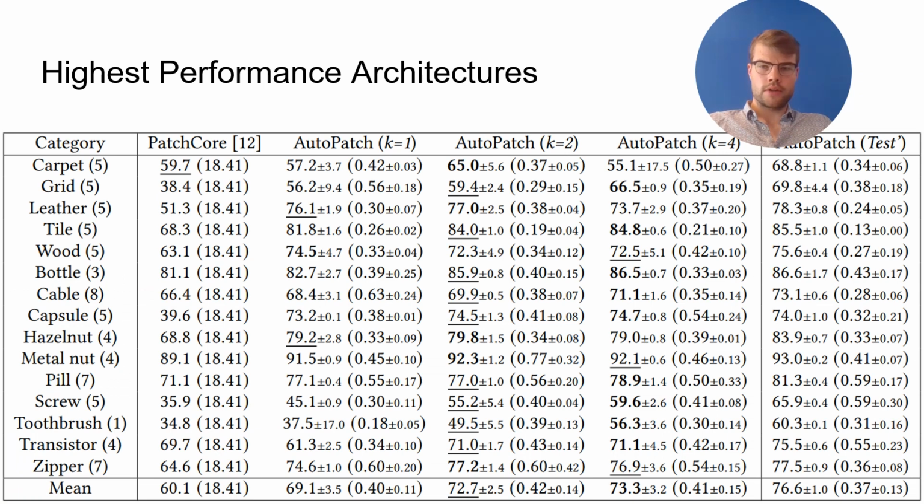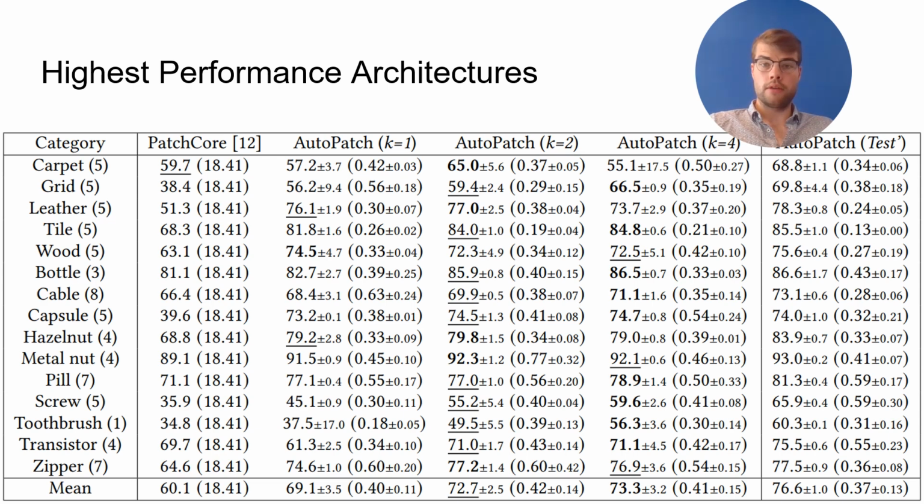The results of searching using the aforementioned method are shown in this slide. The results of the architectures with the highest performance are presented. PatchCore results are included as a baseline on the left and using all anomalies for searching as an oracle on the right. All reported values are the region-weighted average precision in percentage on the test set, and the GFLOPs are in parentheses. AutoPatch outperforms PatchCore for 13 out of 15 categories with only one example per type of